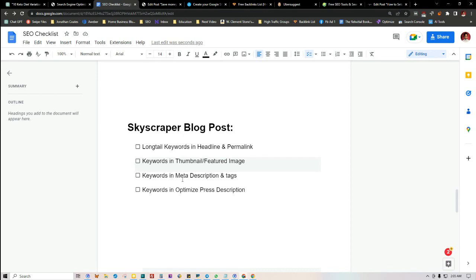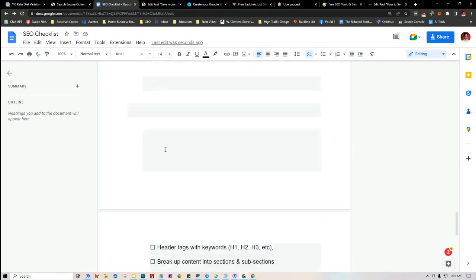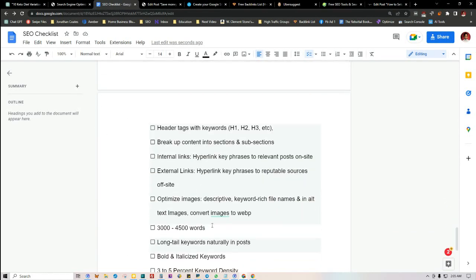So that's why it's so lengthy, and they have a higher chance of ranking than the standard blog post article just because of the sheer amount of information there. But I did want to include this as well. It's the same exact thing, except this one actually has more words in it.